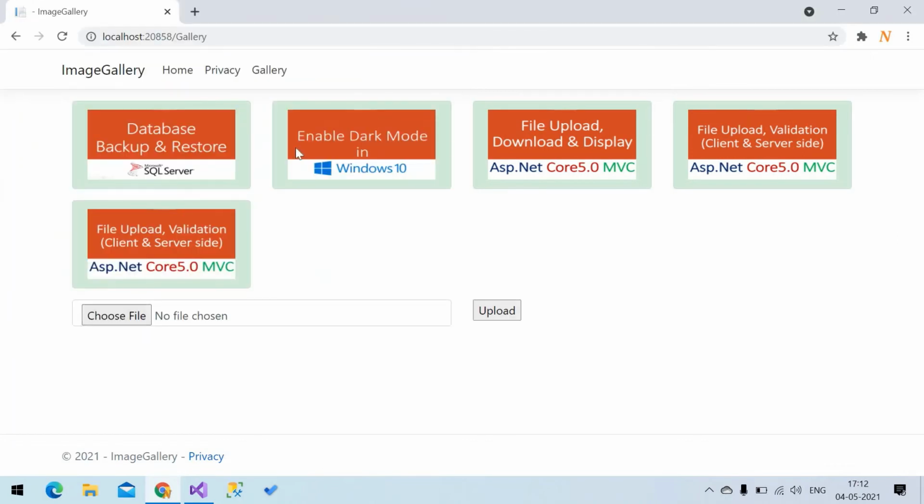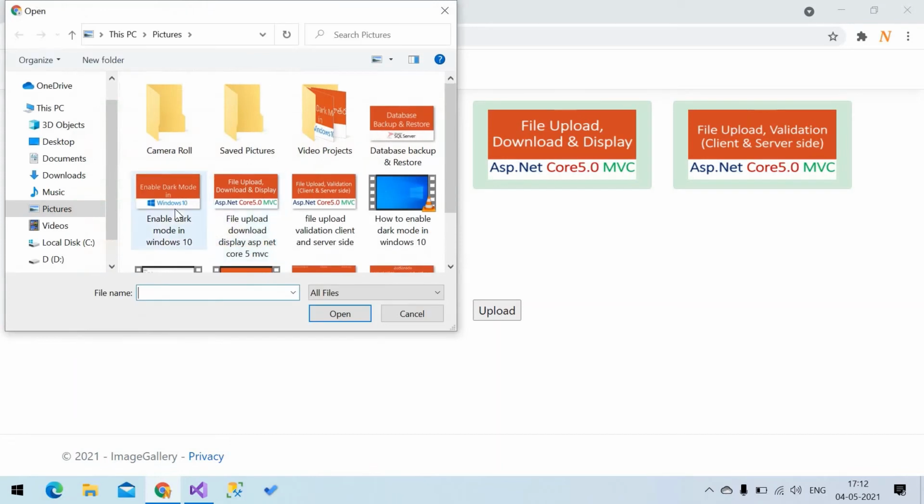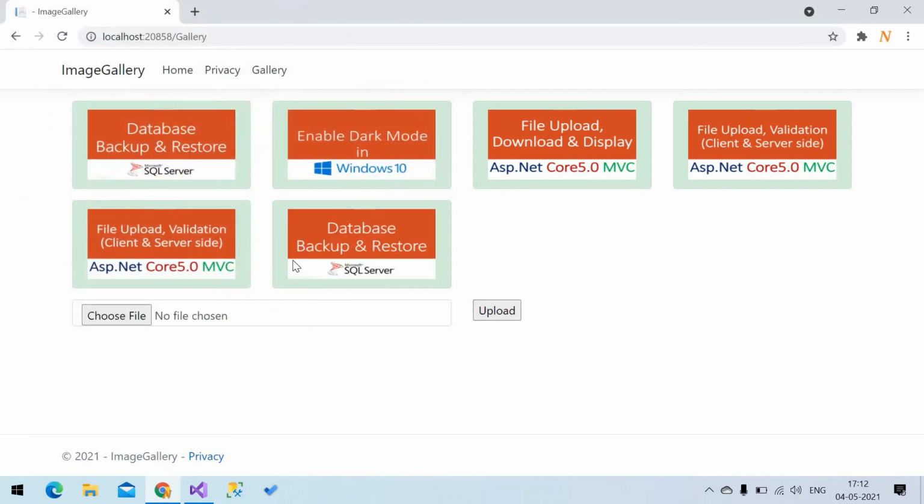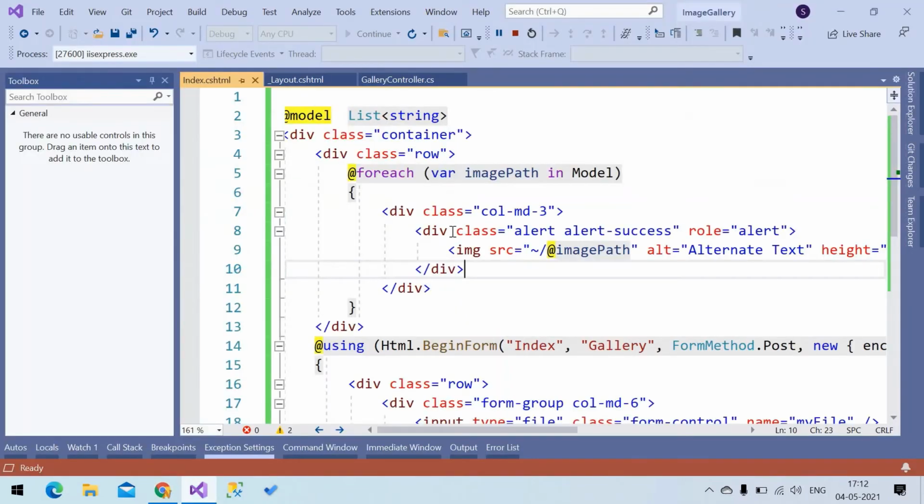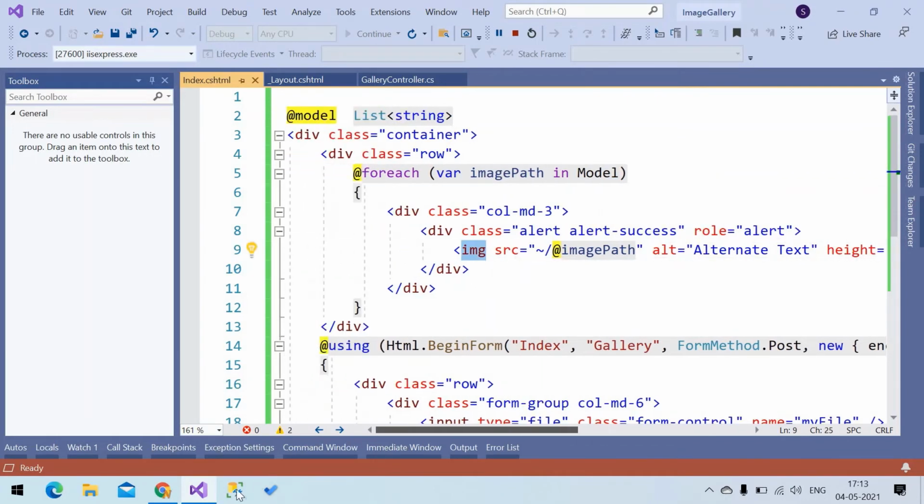Like this, it will automatically adjust the alignment. This is how we are displaying the images. Here I'm receiving the file paths, then I'm putting them in the image and displaying.